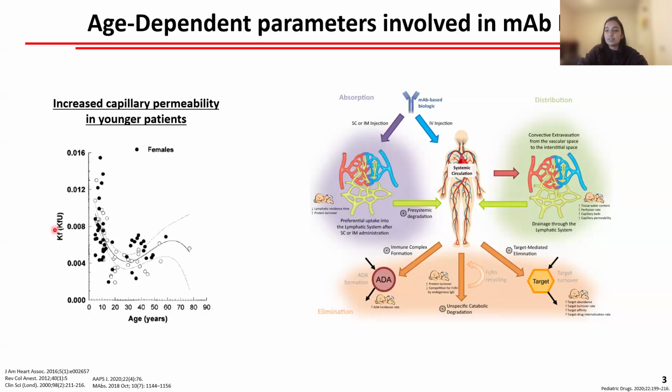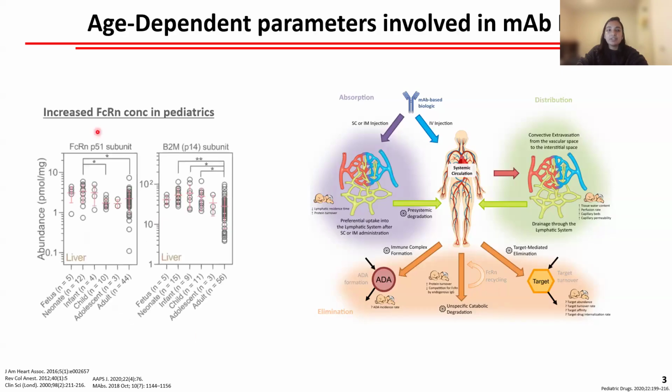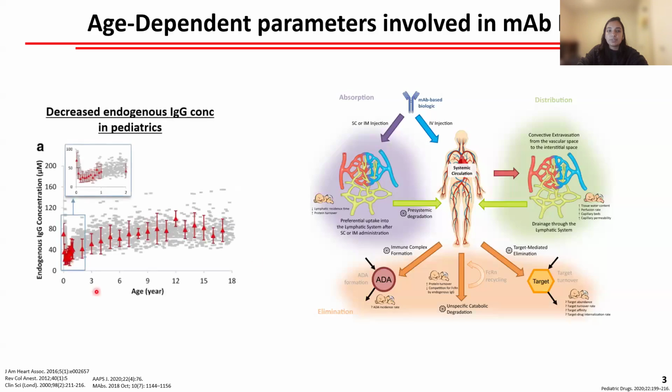Now, once antibody has been distributed into tissues, it can be eliminated from the body via non-specific catabolism, target-mediated drug disposition, or ADA immune response. FcRn is known to play a pretty significant role in salvaging antibodies back into circulation from your endosomes. A recently published study indicates marginally higher FcRn concentrations in pediatric patients as compared to adult patients. Additionally, studies have also reported lower endogenous IgG concentrations in very young patients, suggesting less competition for FcRn binding by